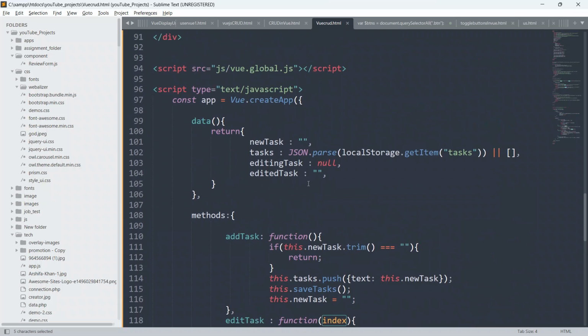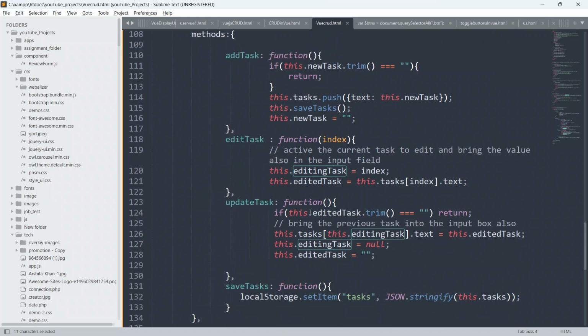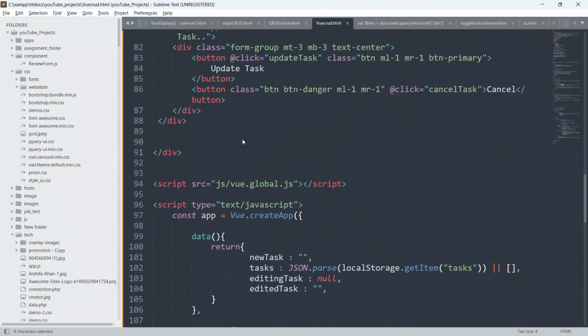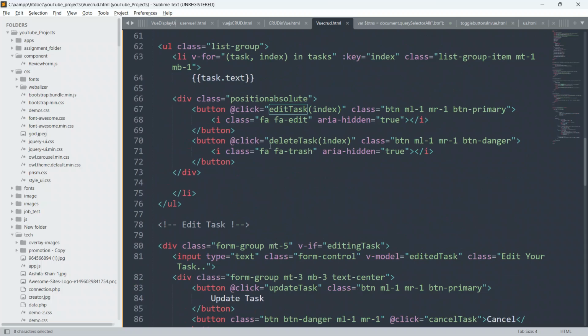Okay, editing task, and as of now this is null. Edited task, as of now this is also null.